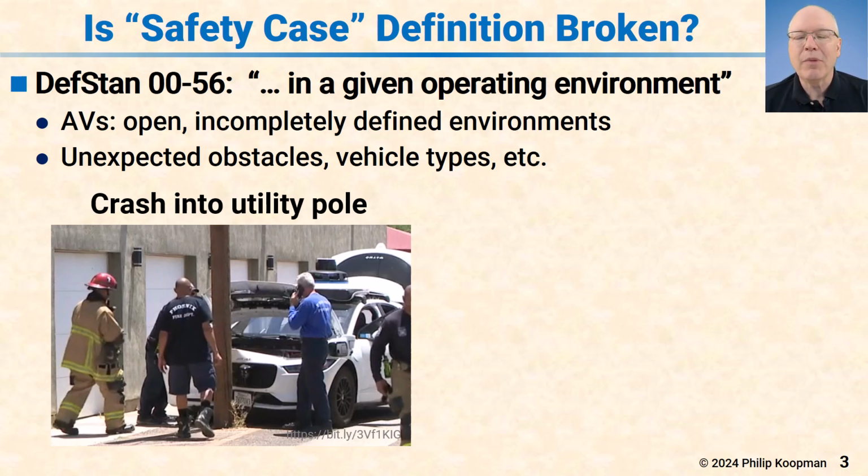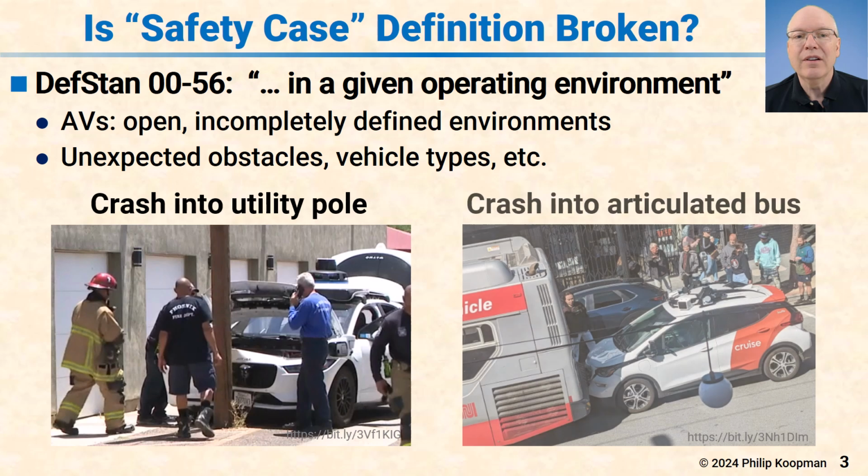But in this case, it was a parking alley, and the pole was out in the middle of the pavement, and they happened to crash into it. You can say, well, the safety case can ignore utility poles that are not protected by curbs because we haven't seen one yet, but that doesn't mean the crash won't happen.